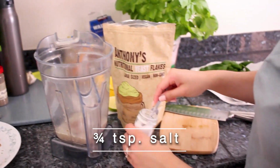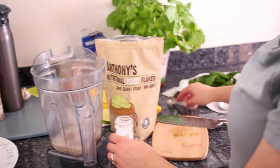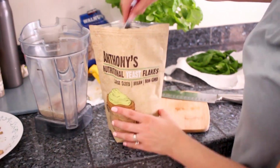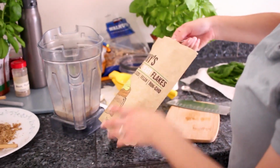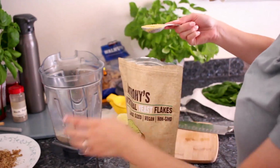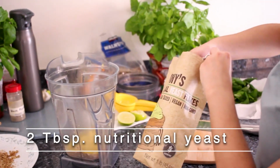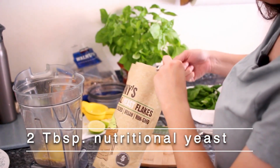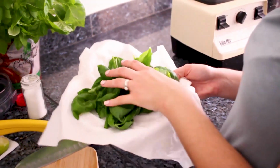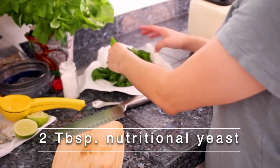There's half and 3/4, okay? And then the other key piece is gonna be some nutritional yeast. This is, like I mentioned in my easy vegan Parmesan video, a nice ingredient to have in any vegan pantry. So we're gonna hit it with 2 tablespoons, and this is gonna help give it a little hint of a cheesy flavor. Okay, now I have pre-rinsed about 1 cup of basil leaves, and what I'm gonna do, I'm just